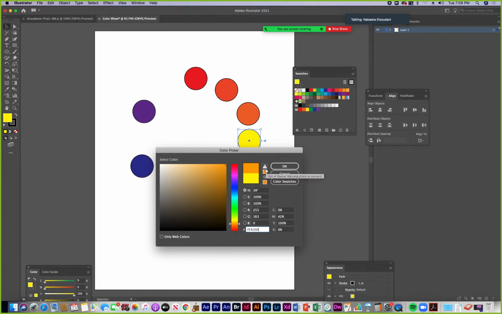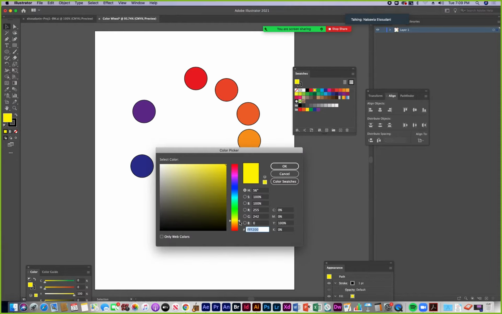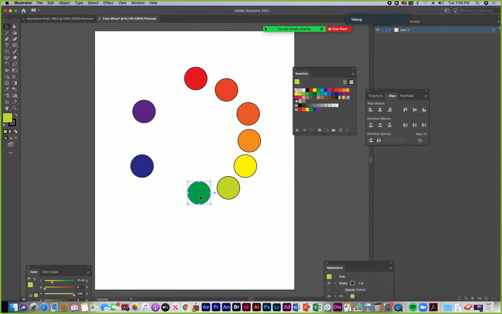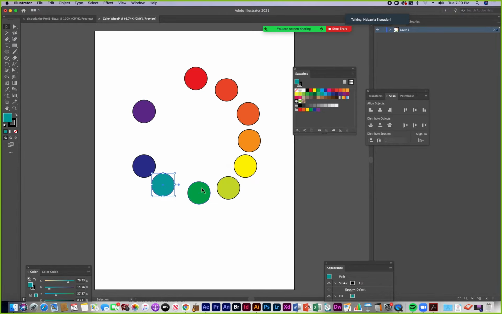I'm getting an exclamation mark. I could click to correct that. Then we mix the yellow and the green and we get, what do we get? Yellow green. So I'm going to push the yellow to the green. Click the exclamation mark to correct it. Yellow green. Then we mix the green and the blue and we get, what do we get? Blue green, right? Just what its name sounds like it is. So I'm just dragging the slider to the in-between color.